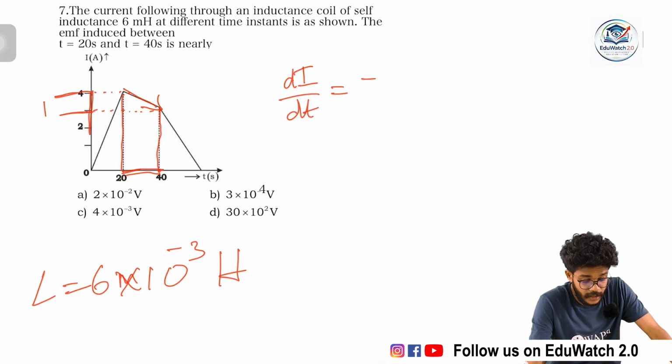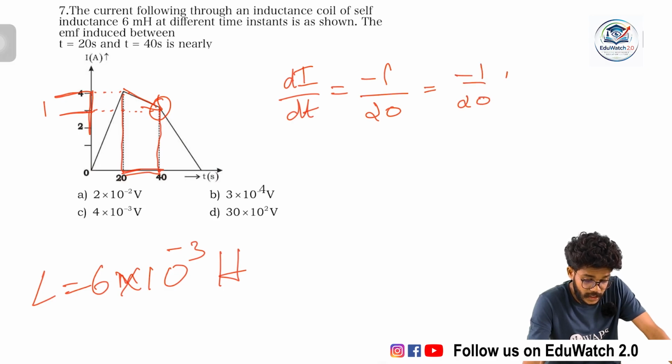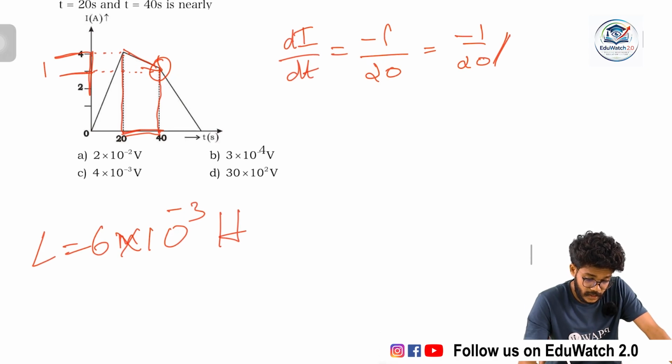The final point is 3, and the initial point is 4, that's why I put a negative. 4 minus 3 is 1, and dt is 40 minus 20, which is 20. So minus 1 by 20 is di by dt, and we know that